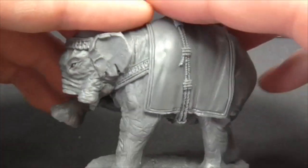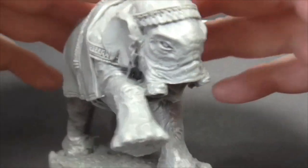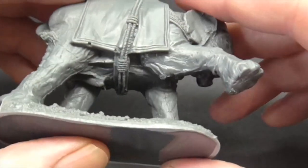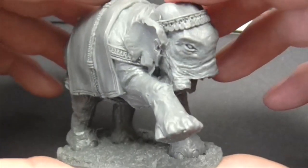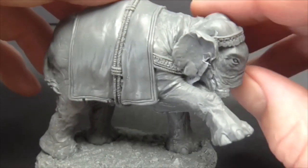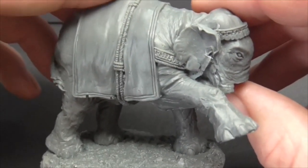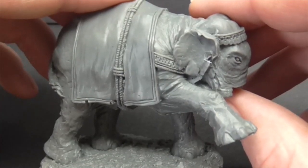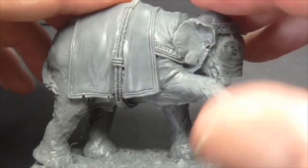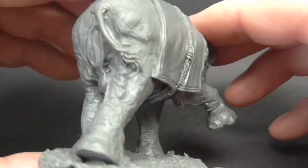Just on top of that, when these guys went off, when they went stampeding, they didn't always go stampeding into the enemy either. They'd be mowing down half their own guys if you weren't careful. I think actually the mahouts, the guys that drive the elephants, have like a hammer and chisel type of thing to literally go into the elephant's skull if it's starting to go mad, and kill it. I might be wrong on that, but